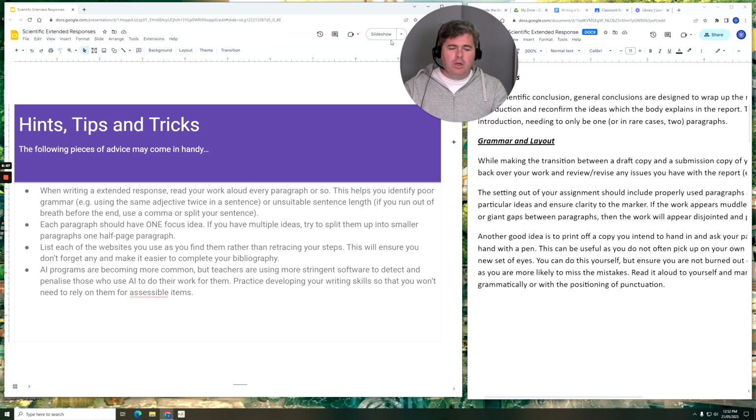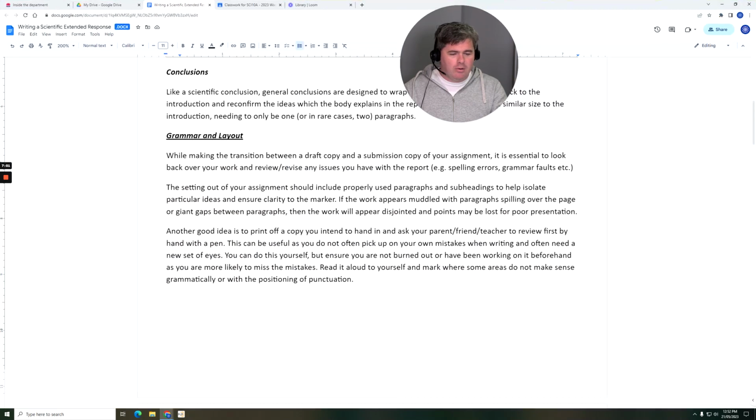Now, we might look at hints, tips, and tricks a little bit later on, but for the moment, let's focus more on grammar and layout. Typically, if you're trying to set up a paragraph, you need to ensure that you can read it aloud. Reading it aloud is probably one of the best ways to ensure you're checking grammar. So, for instance, make sure that you do this when you're doing a draft copy,